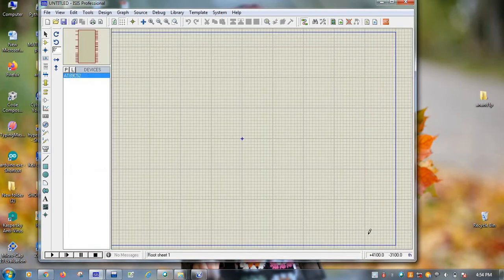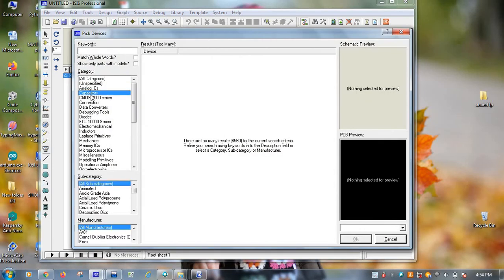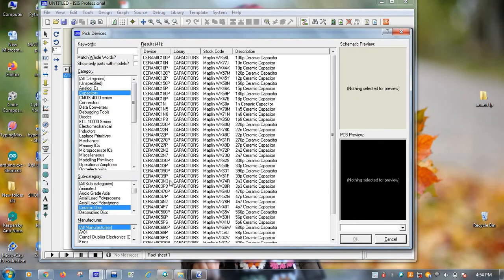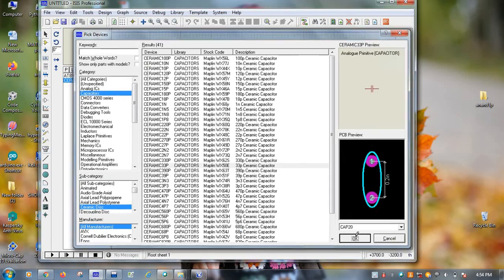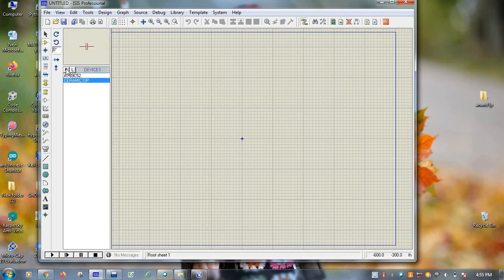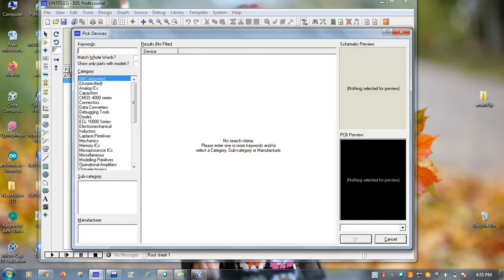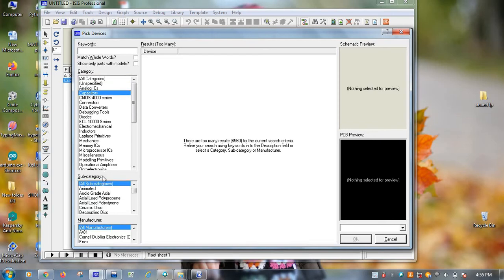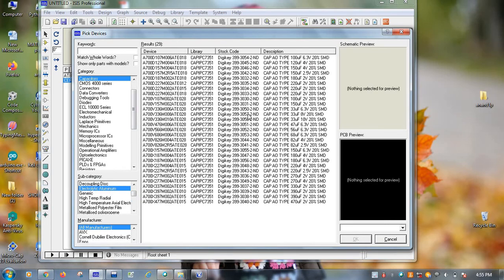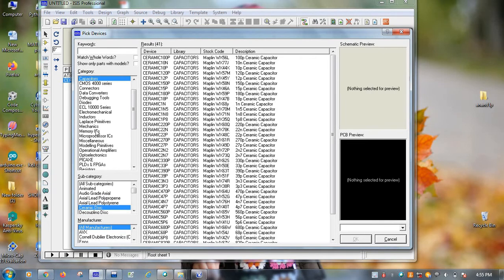Okay. Next we need capacitors. So again we'll go here and we go for capacitors. I'll go for the ceramic disc. First I need a 33 picofarad capacitor. So I'll select OK. Next again I want the capacitor, electrolytic capacitor of 1 microfarad. Here you can choose the capacitor, but if it is not there with 1 microfarad, you can go for ceramic disc capacitor of 1 microfarad only.